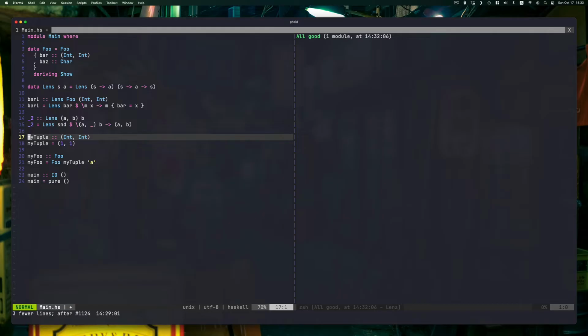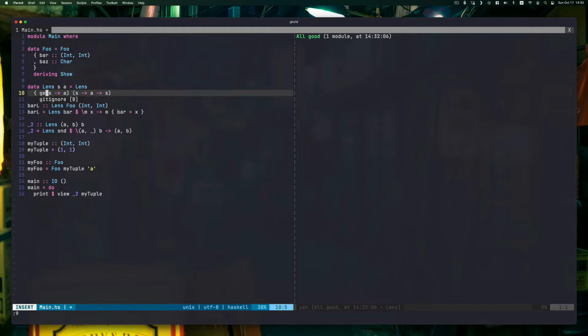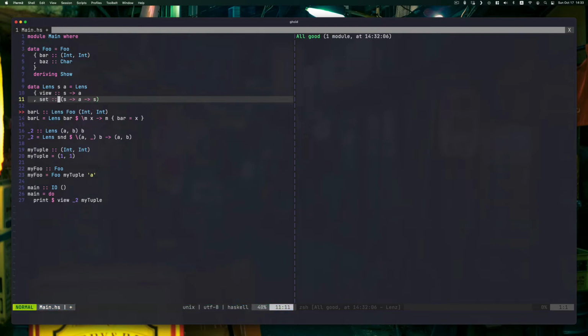Now that we've written these lenses, let's try using them. In this situation, let's update our main function to try and print the second field of our tuple. So we'll use our _2 lens with myTuple, and now we need some way to get the getter function. Well, let's just use record syntax in order to access that. We'll go up to our lens definition and say view will be our getter function, and set will be our setter function,